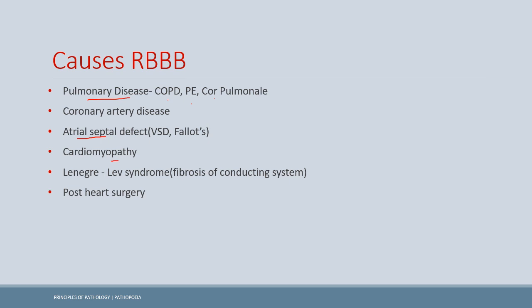And Lenné-Gray-Lev syndrome is the fibrosis of the conduction system. This syndrome involves the Purkinje fibers and any of the bundle branches, that may be right or left. Okay. Now this right bundle branch block may also be seen after some post heart surgery or post cardiac surgery, and this is quite relevant here because mostly because of the reconstruction surgery or any bypass, there is sometimes the